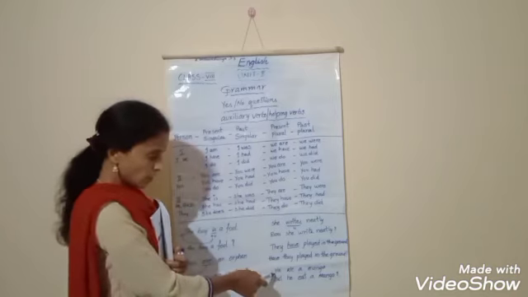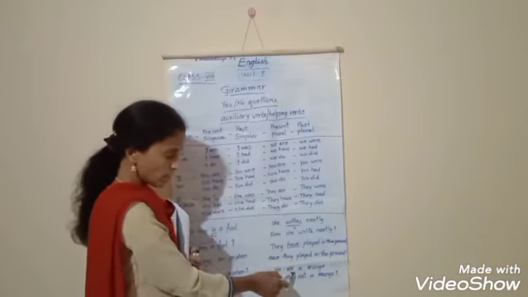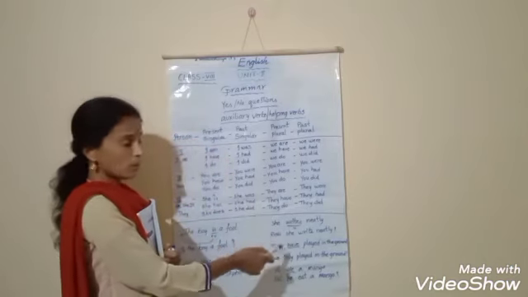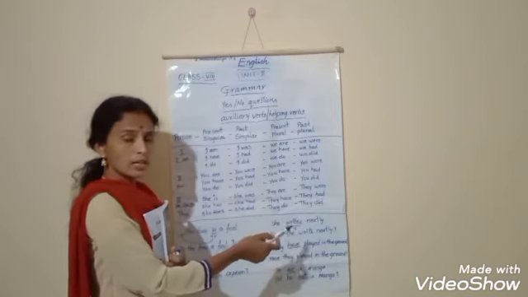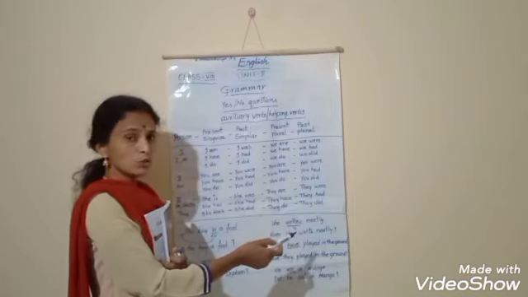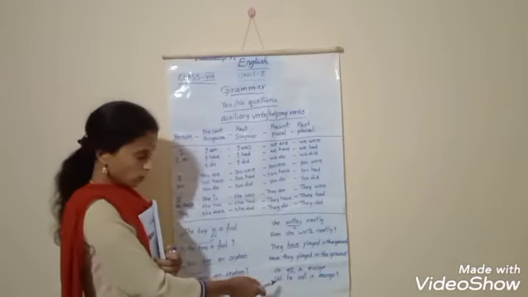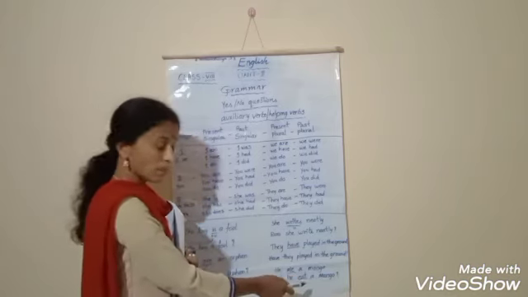And if you see another one, he ate a mango. Here, ate is past tense, and there is no auxiliary verb like is or have. So what did I tell you? I told you that we use do forms. For the past, what is the past do form? Did. So what did I write? Did he eat a mango?